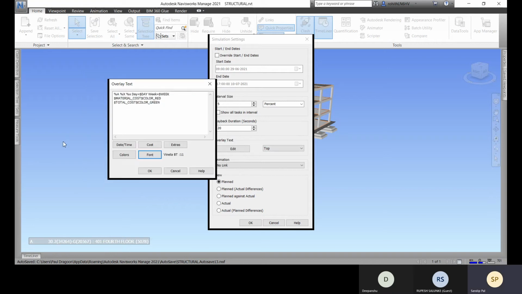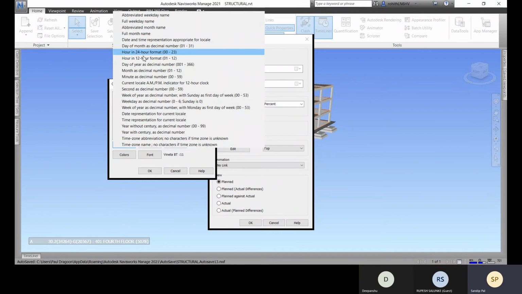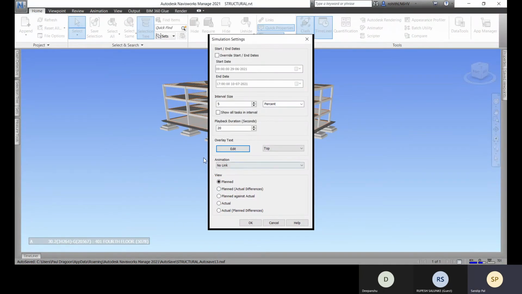Let me select this one. Okay. All right. So any date or time you want to add? To change any date or time, you can go for it accordingly. So it's selected, and if you want to override the start or end date, you can select it from here. And the playback duration is 20 seconds,